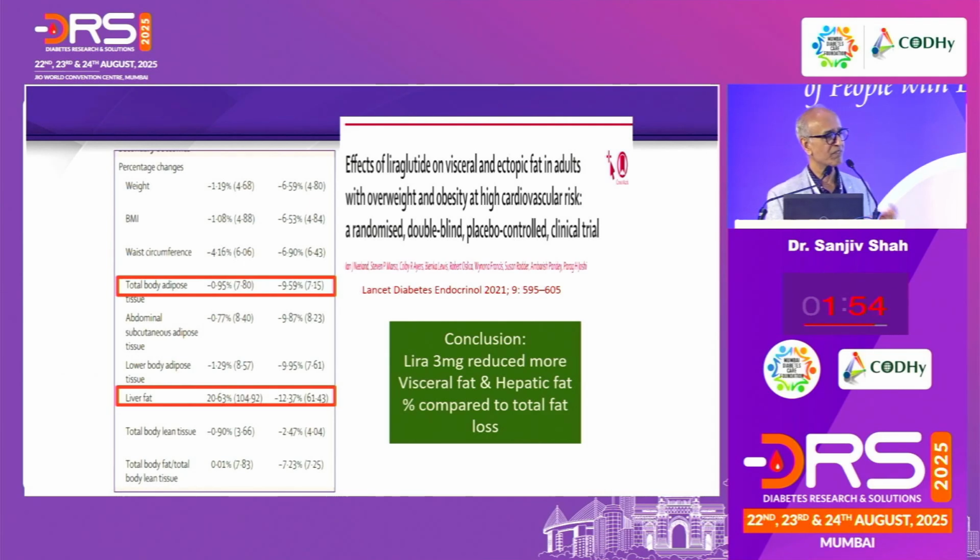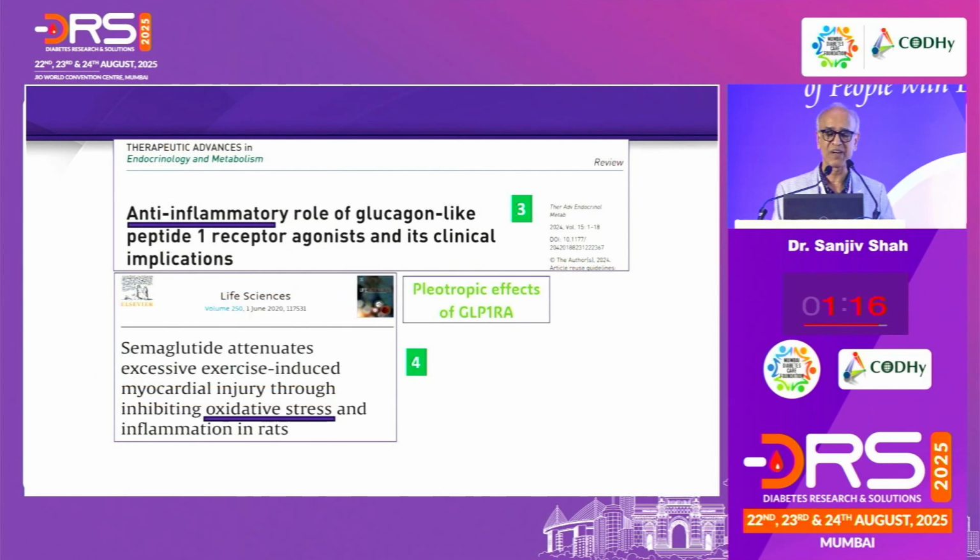If you see the amount of weight loss, this is a large analysis, a relatively recent paper done by UT Southwestern, an elegant design looking at liver fat. They concluded that compared to the total body fat reduction, the hepatic fat reduction was much larger: 9.6% body fat reduction, but 12.4% liver fat reduction. So a larger hepatic effect, and this is proven with liraglutide, but this is a 3 milligram study specifically done to see how much is the benefit on hepatic fat.